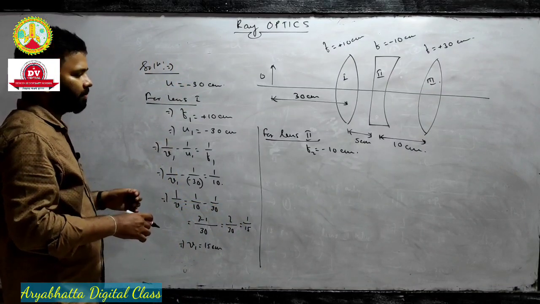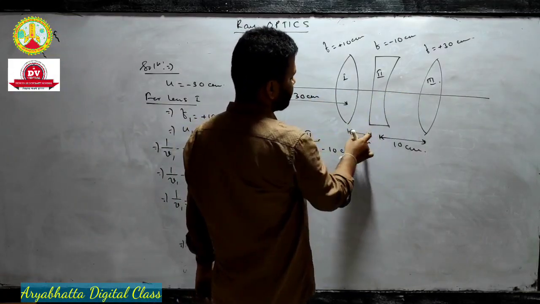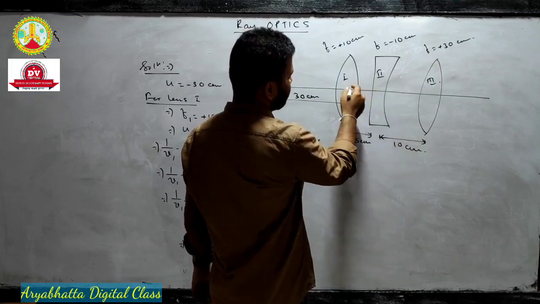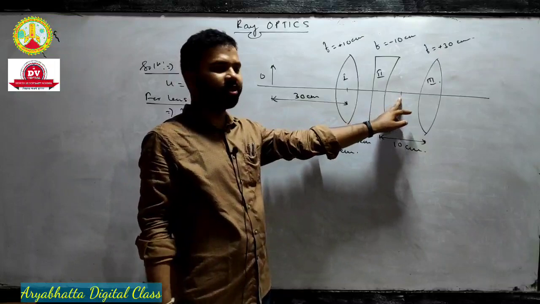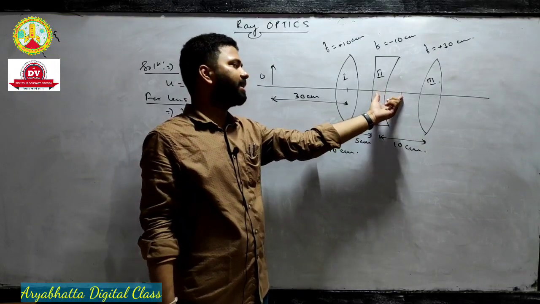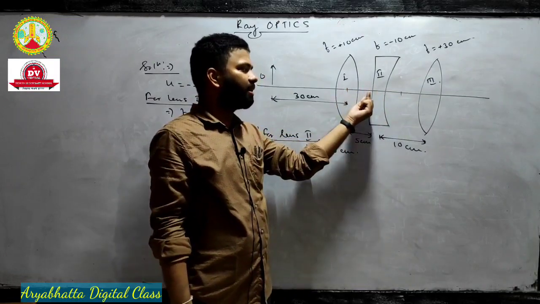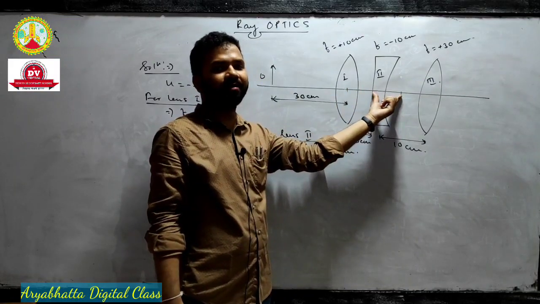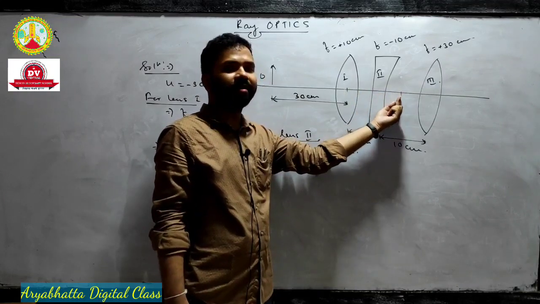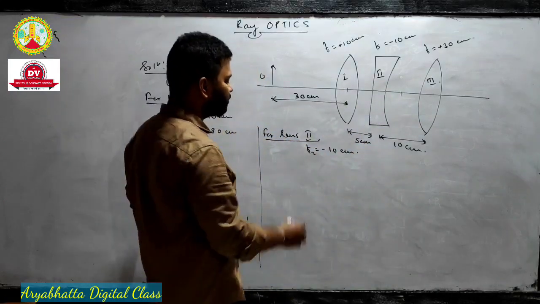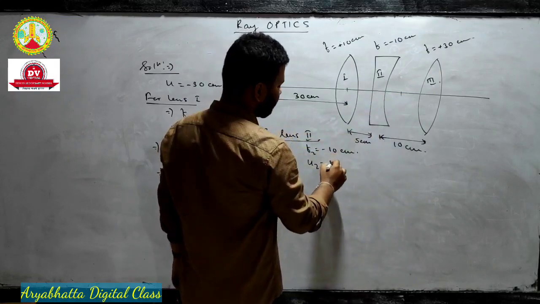So this V1 is 15, meaning somewhere at this location. This is 5. From this point it will be, suppose, 15. It means the object is at this position. So how far is the object from the lens? From here to here 15, from here to here 5, so from here to here how much will it be? It will be 10, 15 minus 5. This is now the object for the second lens. So U2 will be, in the second case, it is on the right hand side, so I will take it positive.